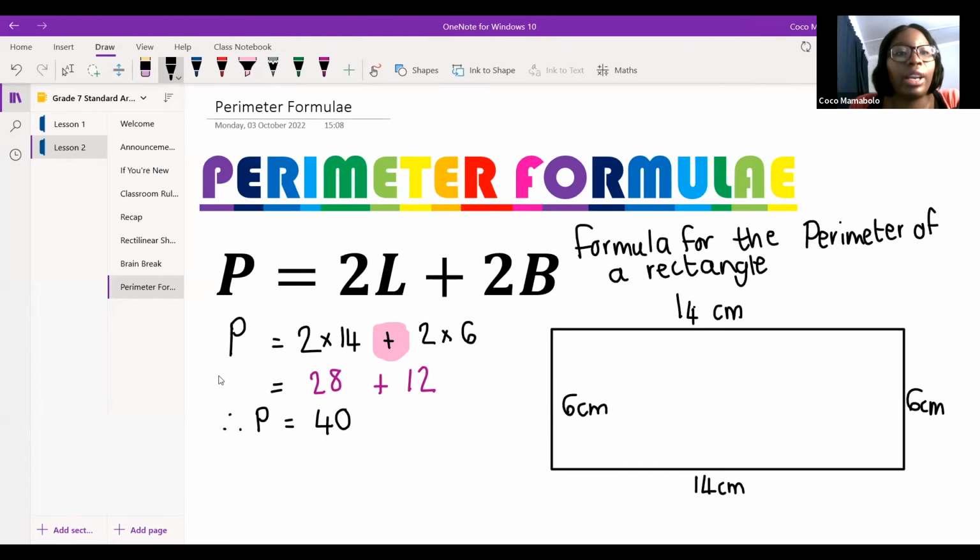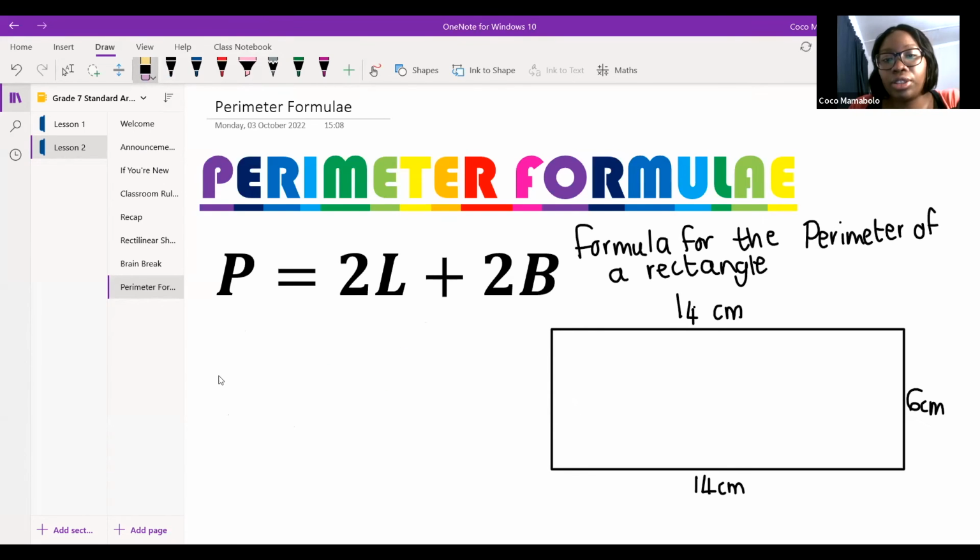Okay, let's look at another one. If I asked you guys to calculate using the formula, if I make this side 7 centimeters, I forgot the units. Sorry, Teacher Cat, and I've already erased everything. Okay, and I make this side 3 centimeters. If I had to use my formula, I would go capital letter P is equal to, Bunolo,